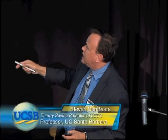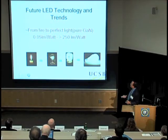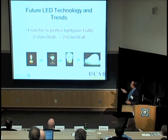So a lot of that curve that you saw go up in energy efficiency has been due to various chip innovations that have come over the past 10 years. And we hope to continue to push this even higher and reach 90 to 95% efficiencies. Let me skip through that and just show you where we think we're going with the 250 lumens per